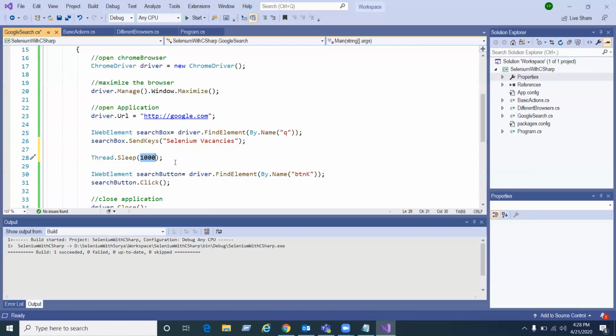That's why people are not encouraged to use it, only if it is compulsory. Since we did not come across waiting statements yet, for the timing we will use Thread.Sleep.